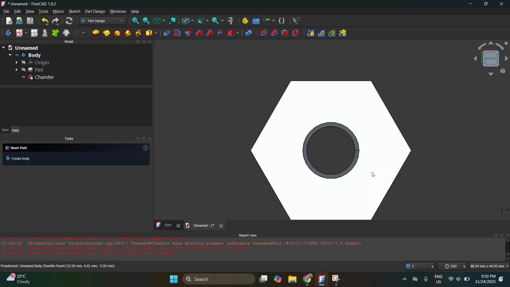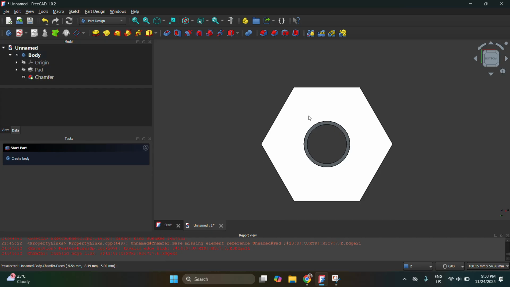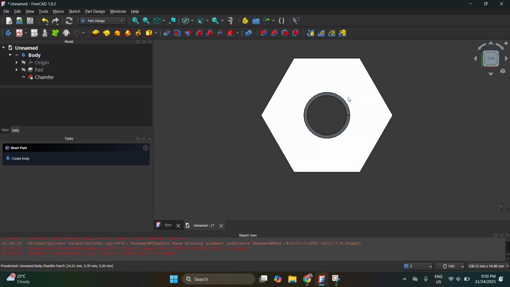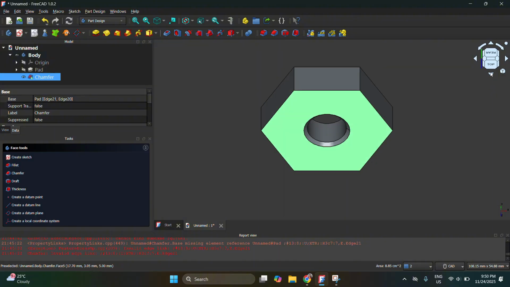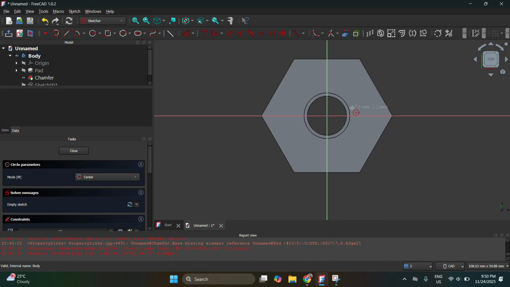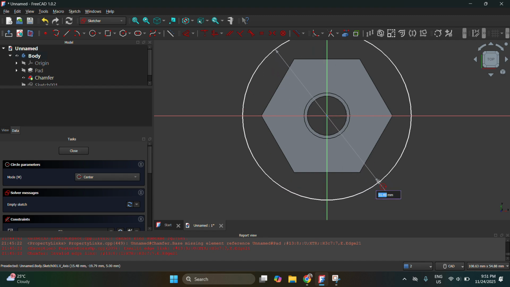Now, since we are imitating the project we saw on YouTube, let's just stick to it. So I am also adding a chamfer on the corners. To do that, we have to draw a circle here and add a pocket. To draw a sketch on top, I think we are at the bottom, so let's return on top. Let's select this part. Make sure it's green so you will know it's selected. Then create a sketch.